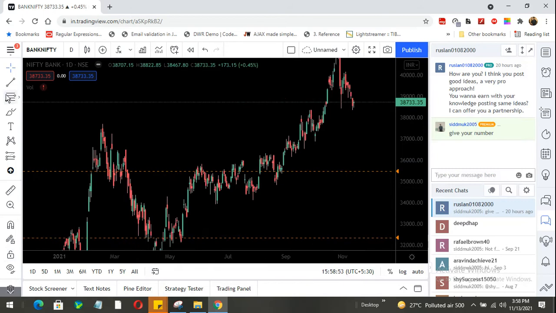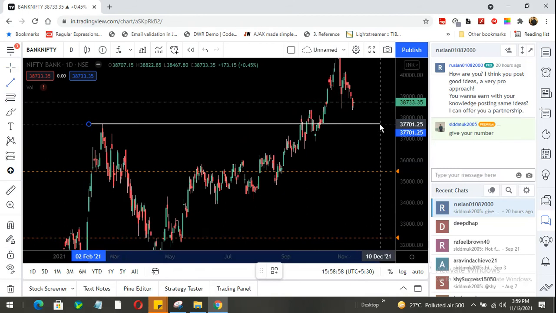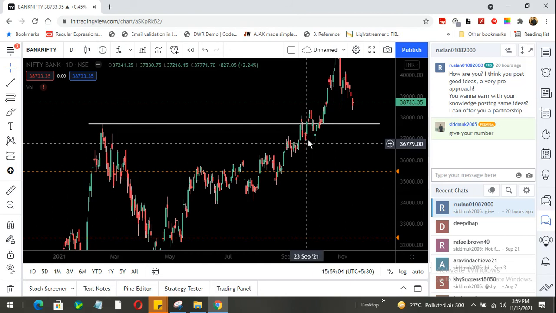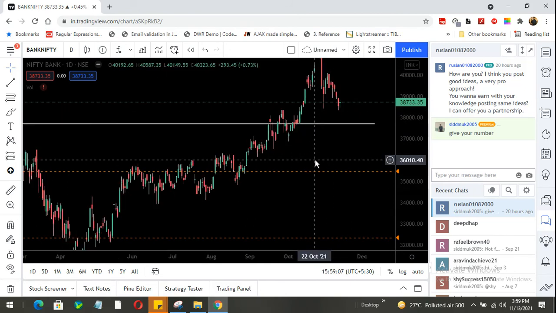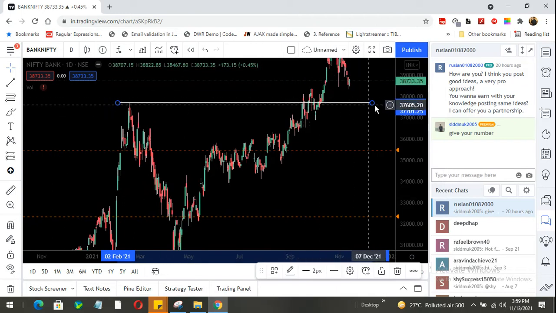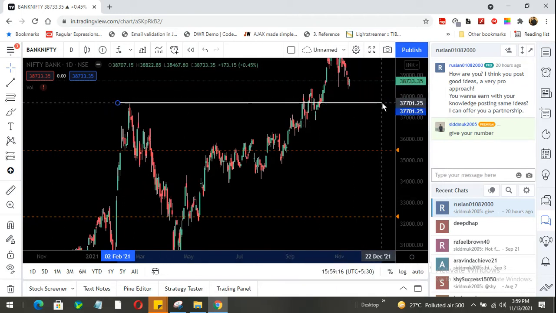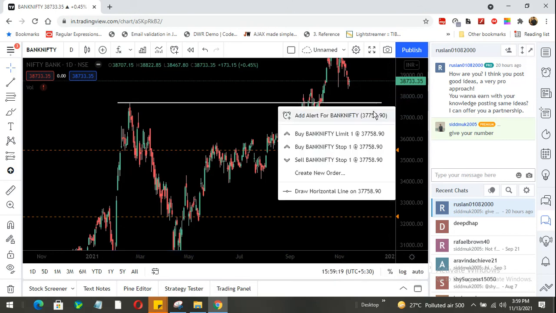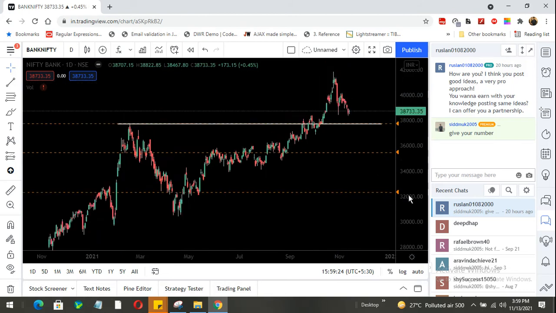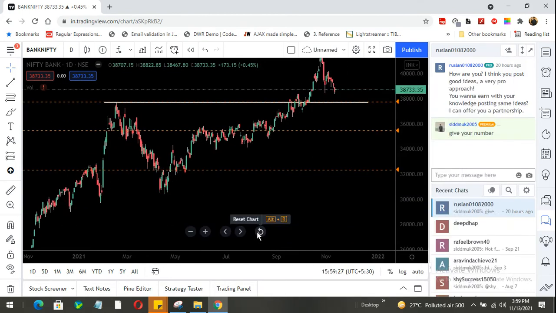On the daily chart, let's say this is the first resistance. It broke, then it came down again, then broke, came down again, and finally it broke. So this was one of the resistances, now it becomes support. Whenever Bank Nifty falls, this fall will get halted near 37,758. This is the basic assumption about candlesticks, that they work near resistance and support.